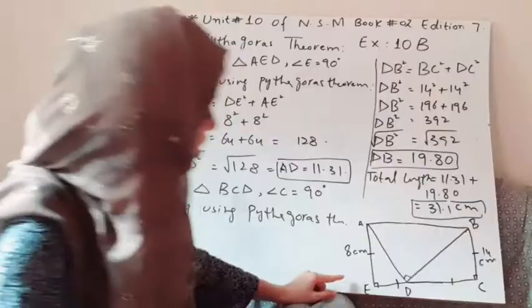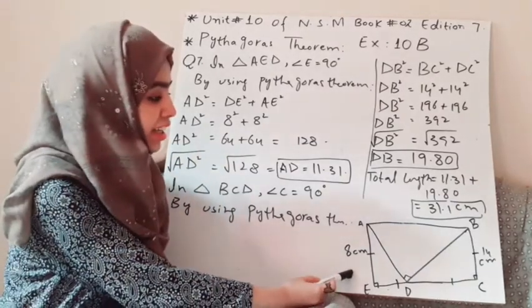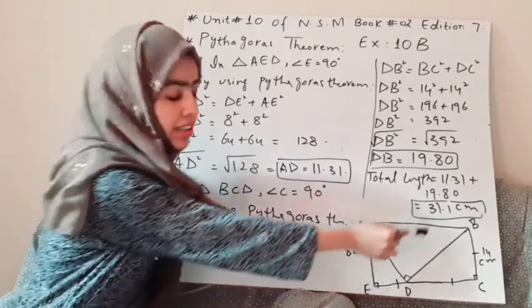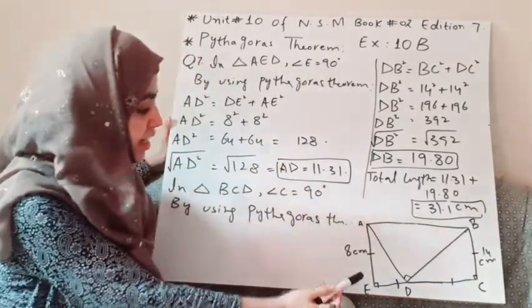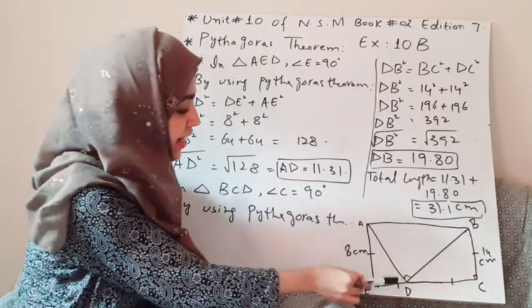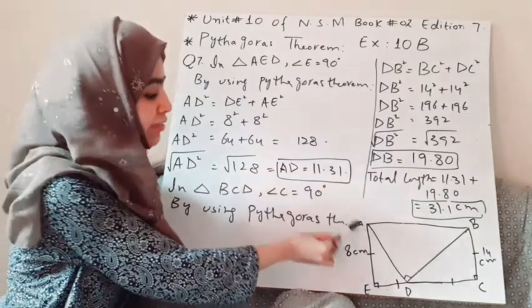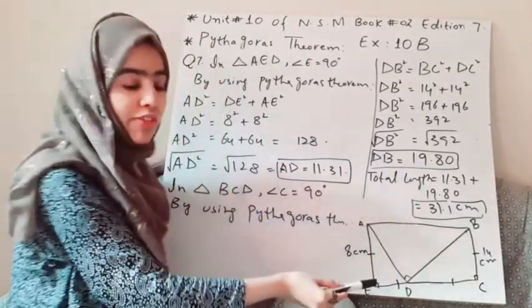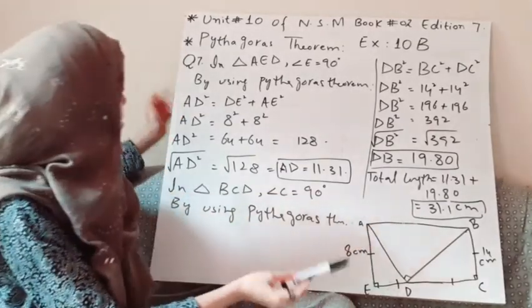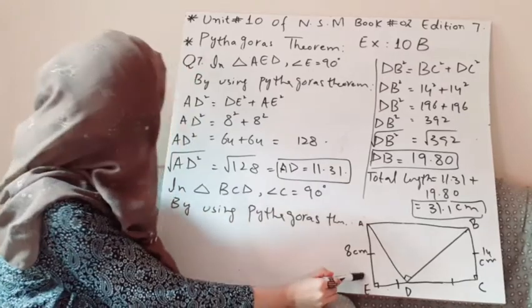So how can we find it? What they asked is to find the length of the sides on which we have to apply the glue to seal the envelope. So these sides are AD and DB. We have to find the length of AD and DB, and then after finding their lengths, we will add them. That will be the total length of the sides on which we have to apply the glue in order to seal the envelope. So to find AD, we have to deal with this triangle.